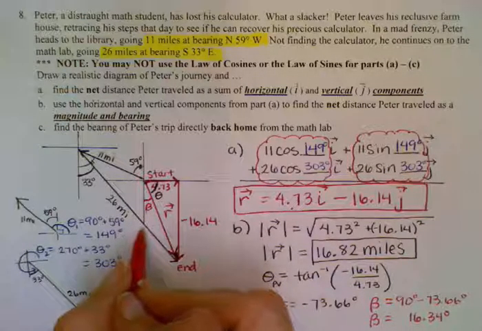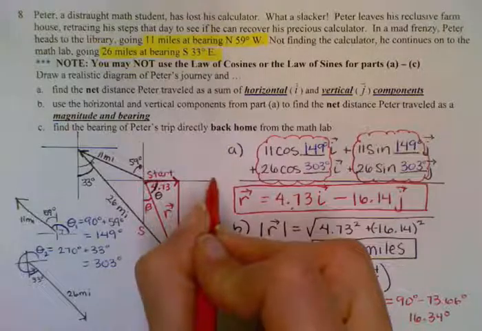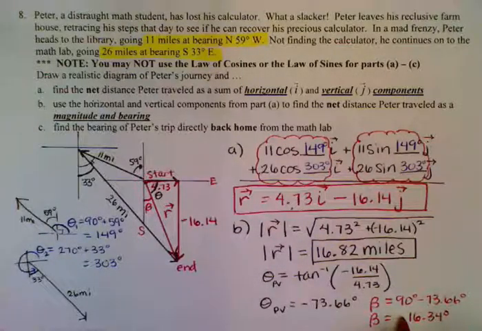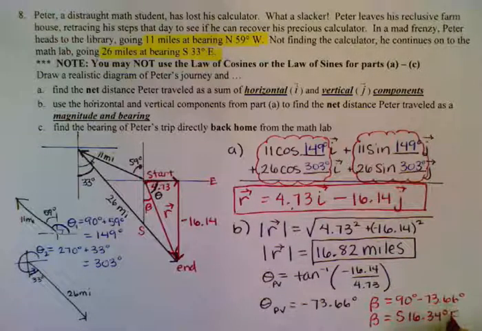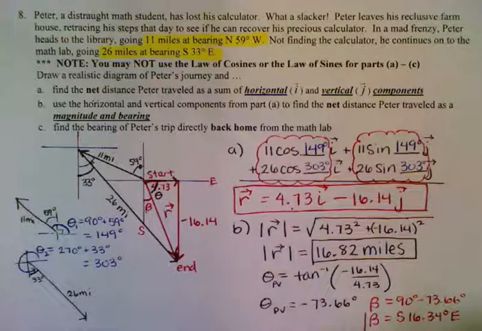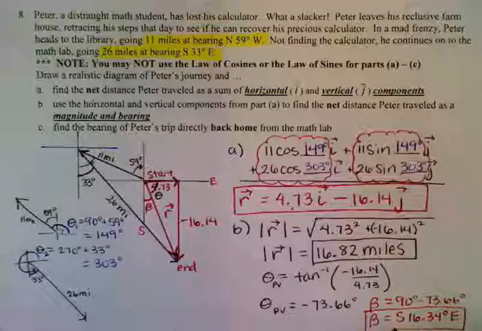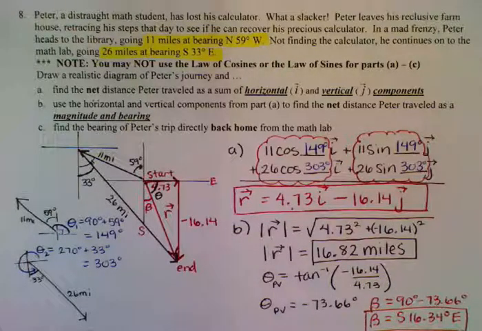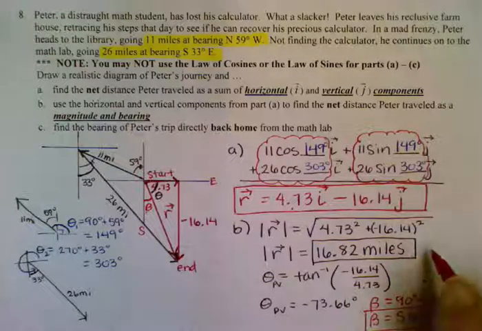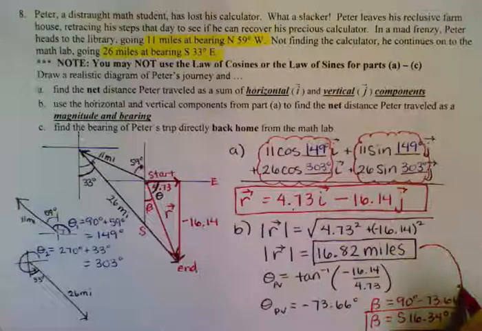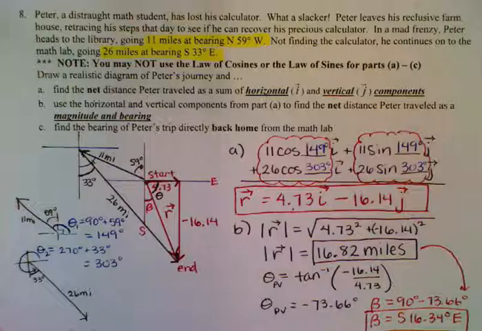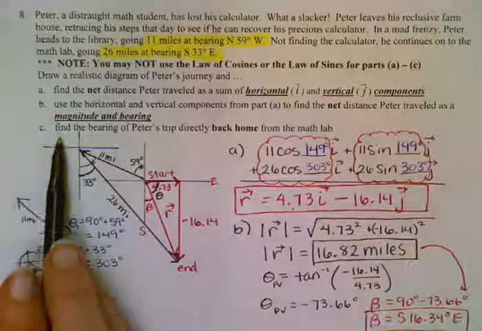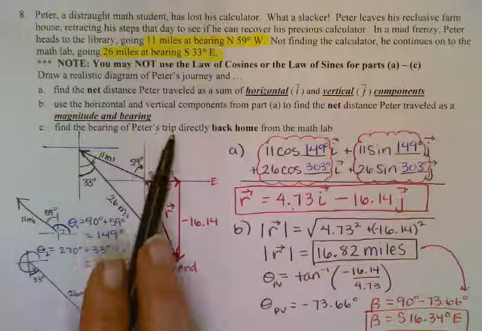And then I'm going from the south towards the east. So you start with your north and south, and you end with the direction you're traveling in. So for part B, we are traveling 16.82 miles at a bearing of south 16.34 degrees east. Now the last part of this top part of the problem says find the bearing of the return trip back